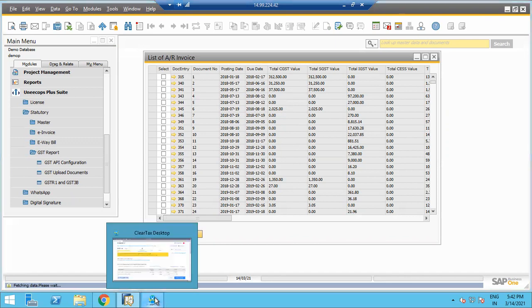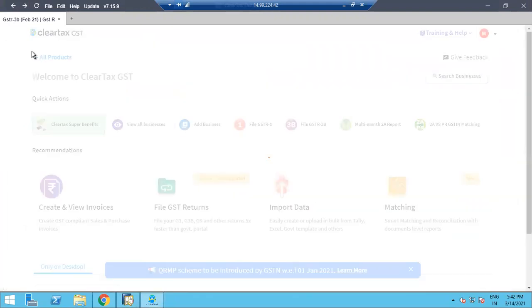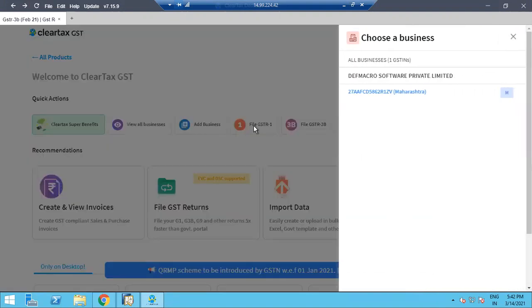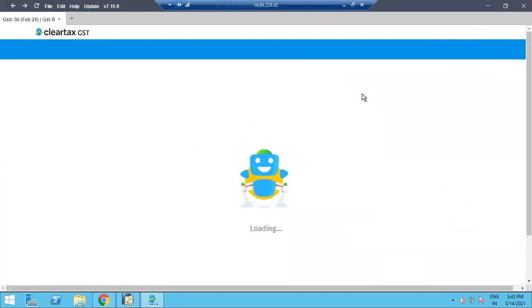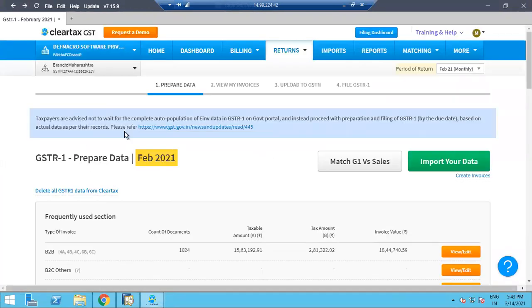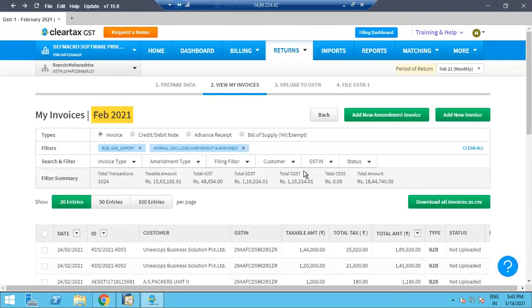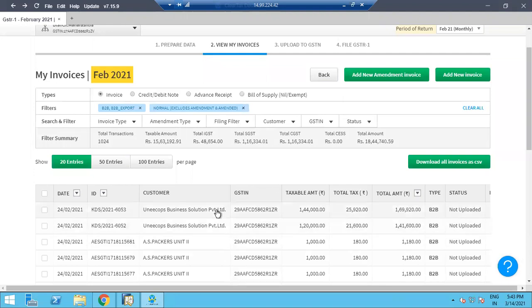So I'm just clicking on the ClearTax portal. So this is how it will look like. I'll just go on the home screen. So home screen will look like this, from where I will be filing my GSTR1 as an initial step for the return filing. So when I click on the GSTR file return, my GST number will come in here. I'll click on the GST number and you can see that your data preparation part has been taken in place. So all your B2B, B2C, HSN summary wise, document series wise will come in place. If you want to view the data, whether this is correct, you can view your data. If you want to correct anything here, or you want to correct that in SAP, whichever is as per the compliance and is possible in SAP, you can do that.